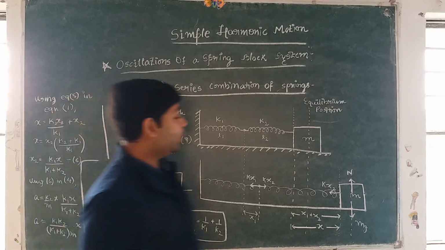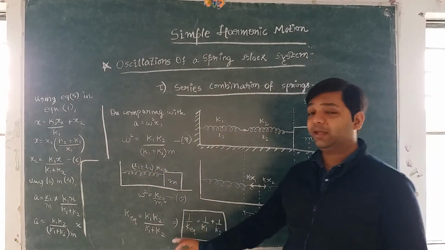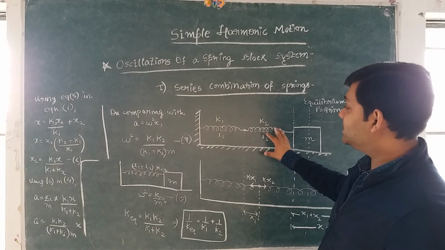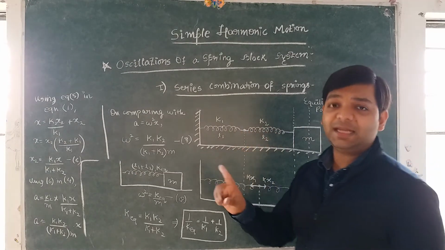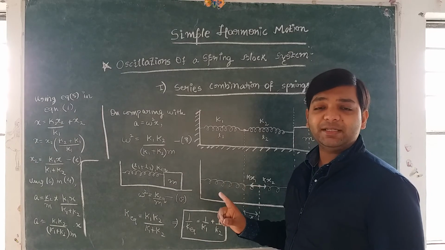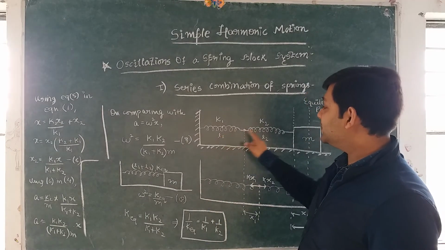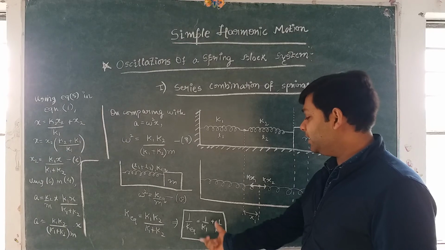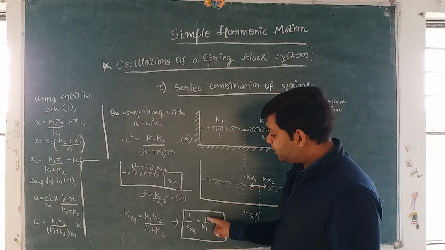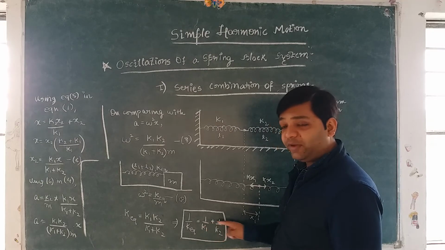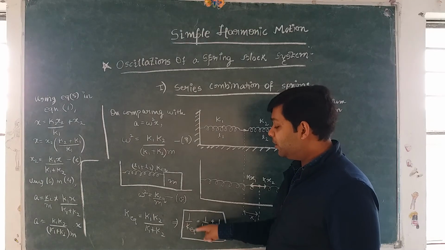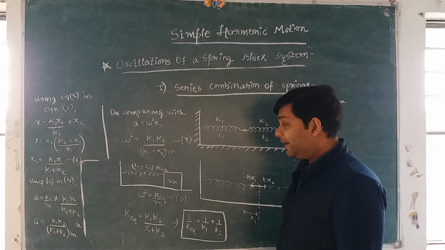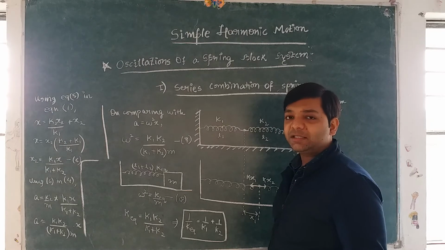So now all in all, what do we get from here? If we have a series combination of springs, we can replace that combination with an equivalent spring whose length is equal to the sum of the lengths of all the springs, and its spring constant is given by this relation. The sum of the reciprocals of the spring constant of each spring will be equal to the reciprocal of the spring constant of the equivalent spring. This is a bit complicated, but please try to understand it.